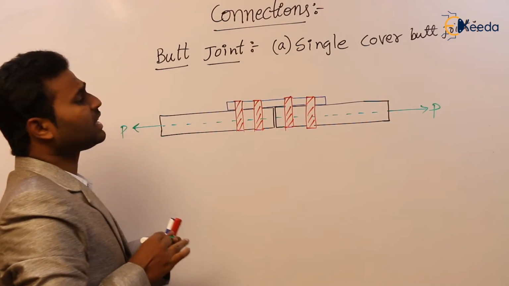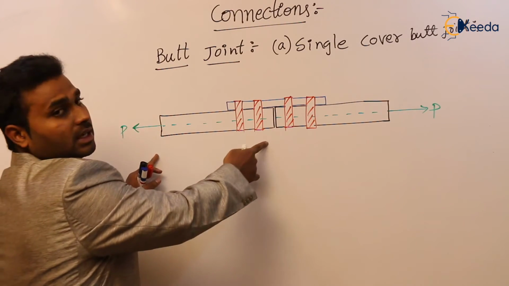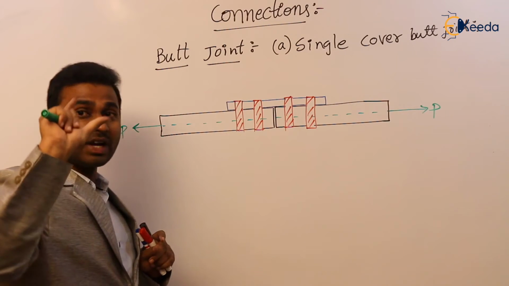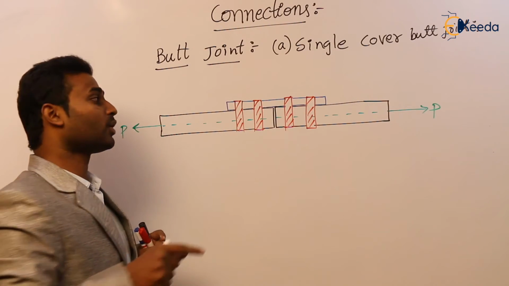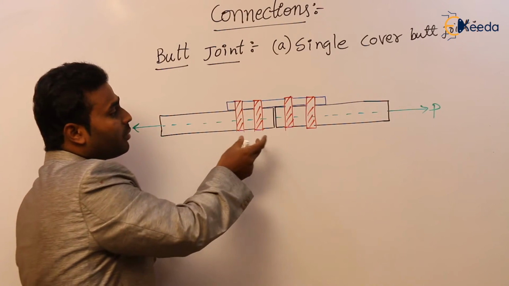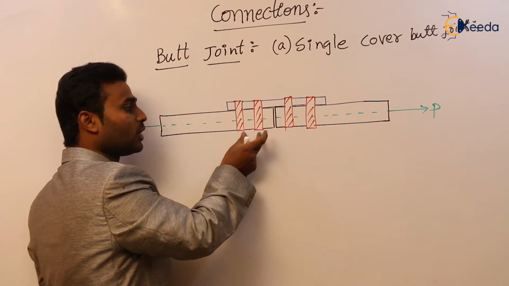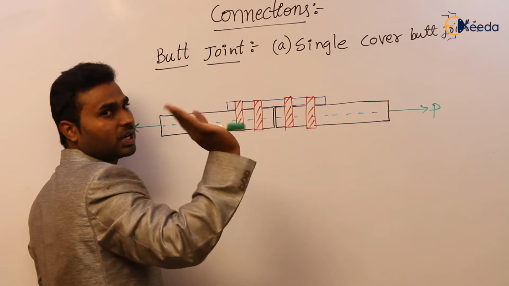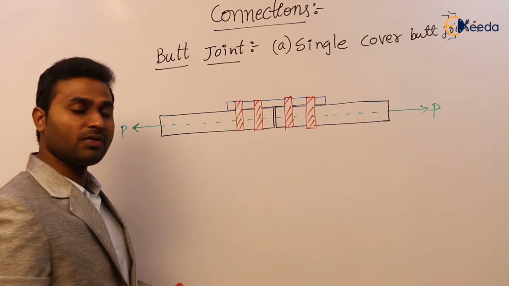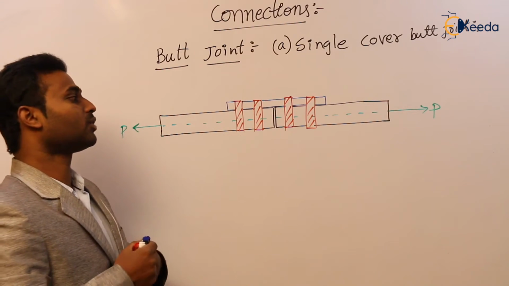And obviously it is a front view. In front view we can observe the thickness and length. In top view we can observe width and length, and we can see the number of rivets or bolts in each line. Here we have provided how many lines? Two lines in each plate. Here two lines and here two lines. But we should not say four lines in this case. Why we should not say four lines, I will explain in detail. But here we have to say only two lines.